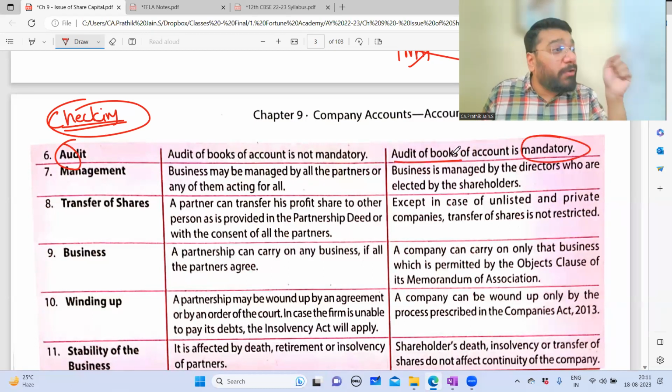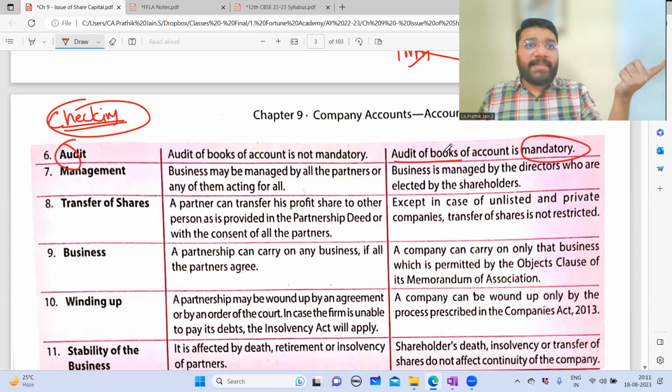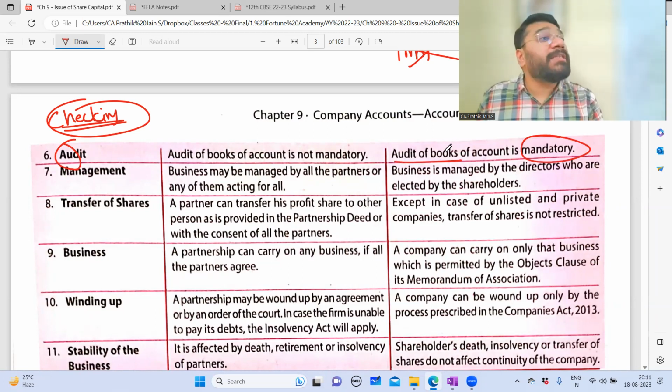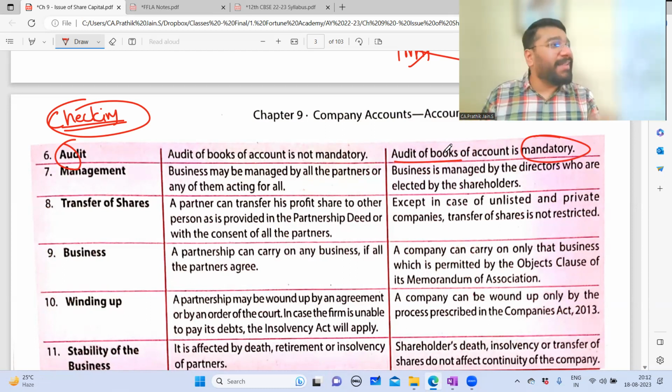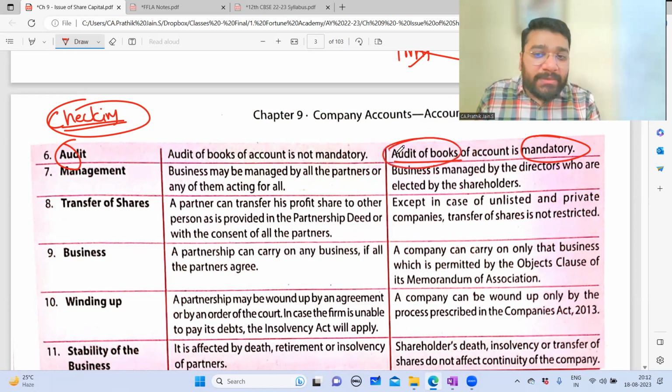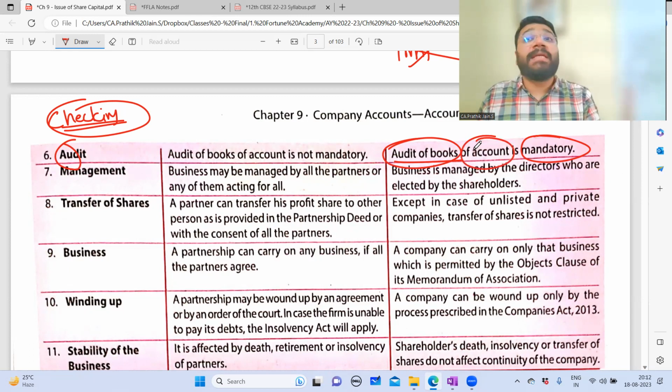Audit of the books means checking of the books of accounts. I went to Sterlite, one of the group sister concerns of Sterlite. So what did we do there? We used to do the post-mortem. What is post-mortem? The accounts which are done, the accounts which are dead. We used to tear all the ledgers apart. What is there in this ledger? What is there in that ledger? Why is this debited? Why is that credited? Where is the bill for that? Where is the bill for this? Like that, we go and do the checking of the accounts. Correct? So auditing of the books means nothing but the accounts which have been completed being checked by the chartered accountant, and this is compulsory under the Companies Act.